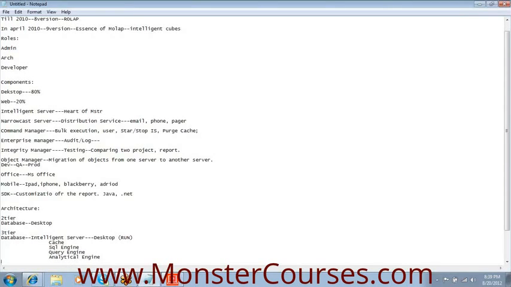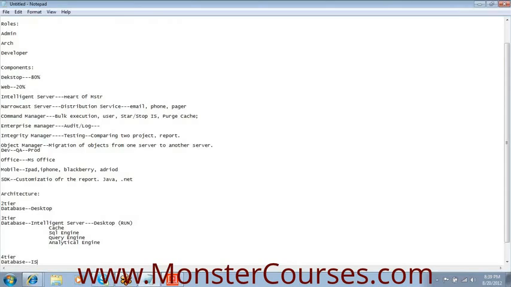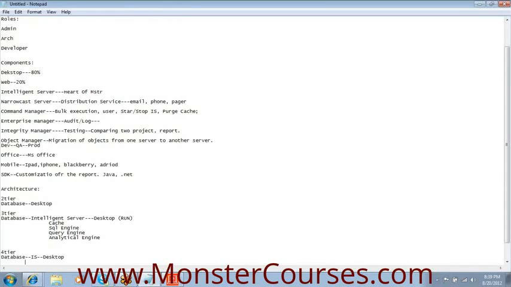Now, database, Intelligence Server, desktop. This Intelligence Server is directly connected to web as well. I cannot show you in a graphical way, but this Intelligence Server is commonly connected to desktop and web. Whatever activity is done in the 3-tier can be done in the 4-tier as well. When you run a report from web, it is the same flow as desktop.